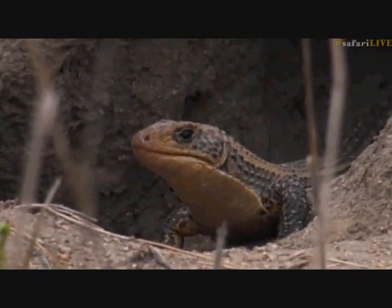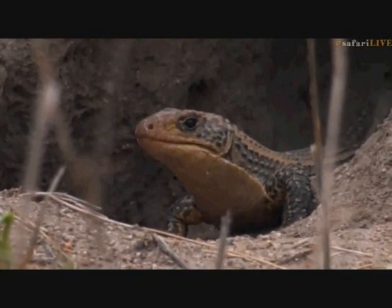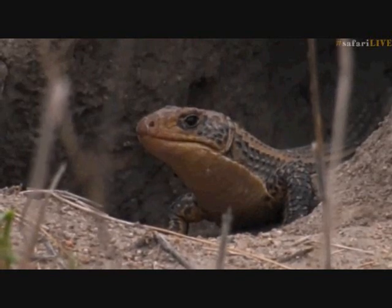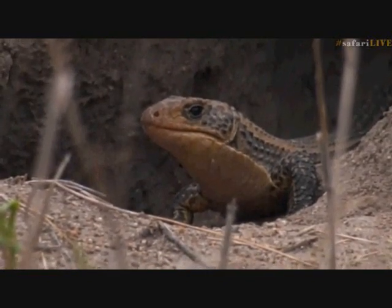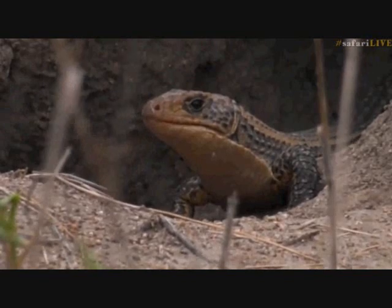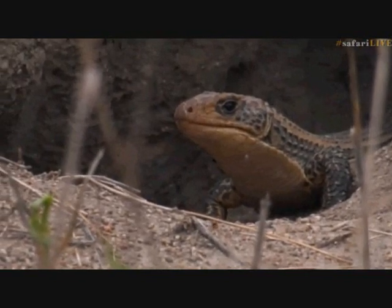This little guy is just looking out and staring out of the little hole, and they'll use these when the termites leave as a place to settle down and be safe. And much like we see the hyenas using it as a den site, it's a perfect place for lizards and snakes as well. So this little guy is just sitting there, and he's been very cooperative. We've been sitting with it for about 15 minutes and it hasn't moved at all. It hasn't gone in. There's a few ants crawling around, and it's just watching us from the safety